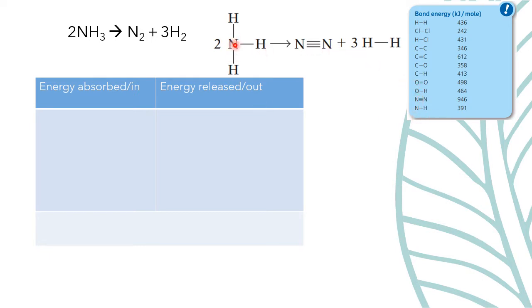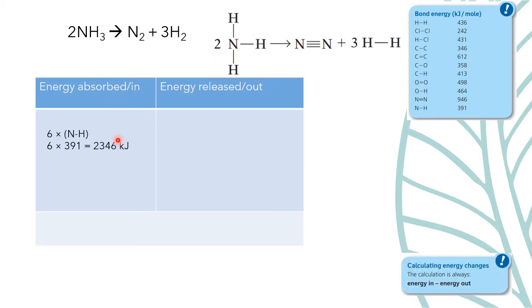Ada berapa? Ada 1, 2, 3. So 3 sebenarnya kan, but bila ada 2 kat sini kita kena darab 3 dengan 2, so all together is 6. So that's why 6 times nitrogen to hydrogen bonding. So 6 times 391 is equal to